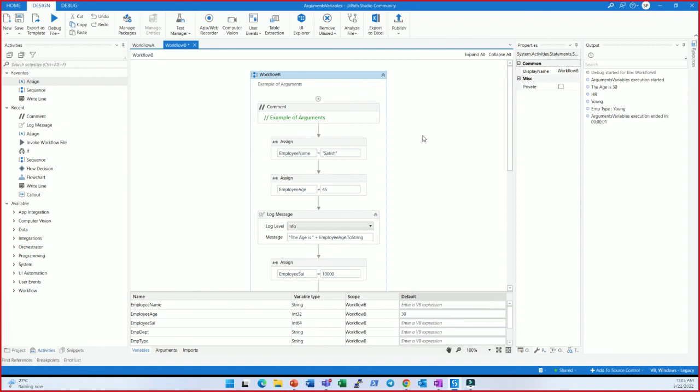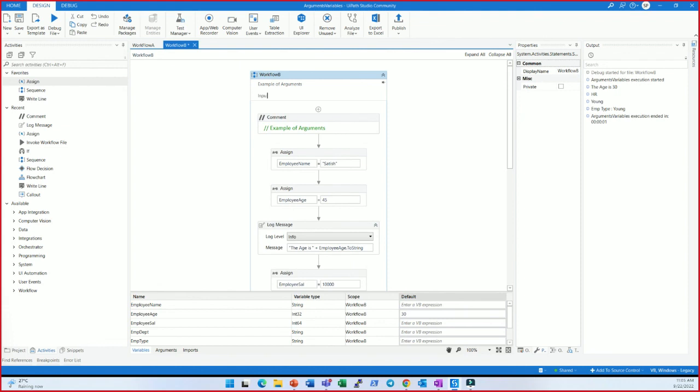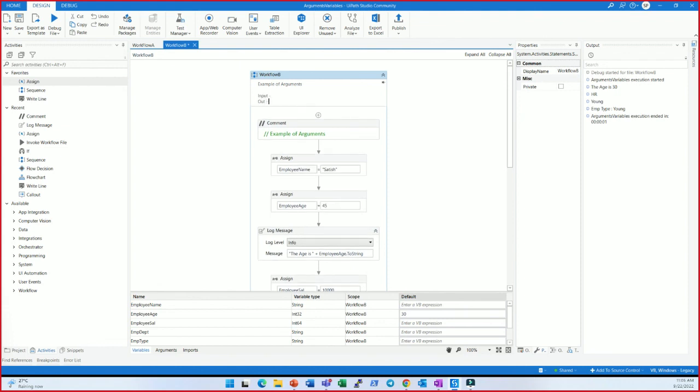So see, a comment is used inside a workflow, right? So if you are writing some complex logic here, what you can do is put a comment in the middle, right? But this annotation is basically used when you want to help others understand what this workflow is all about on a high level. What kind of input would be required. I usually do it like this. I say what will be the input, what will be the output of this workflow. The people will understand that I am getting this and this will be coming out from this workflow. Okay. So this is the